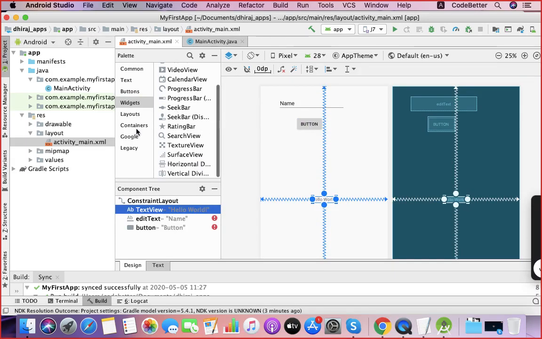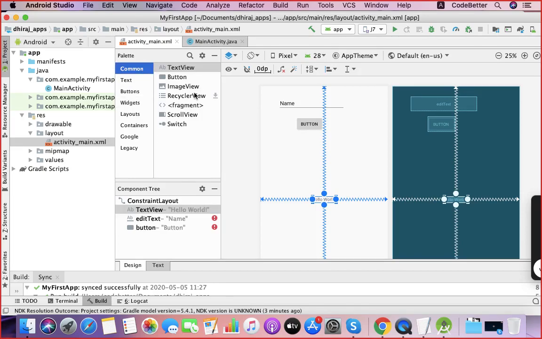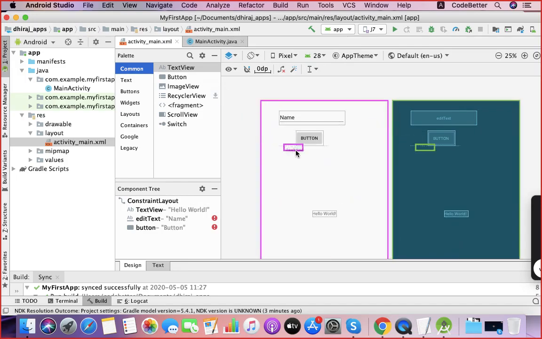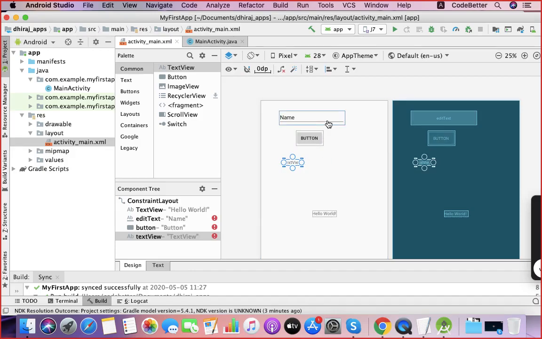You can get the text view from the common section. Text view is nothing but the label. So every application requires these three basic components: one is input field, one is button, one is text view. So it's easy to create a design with drag and drop.